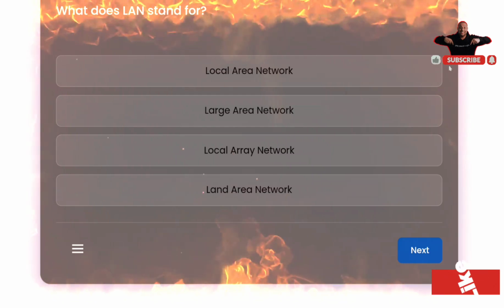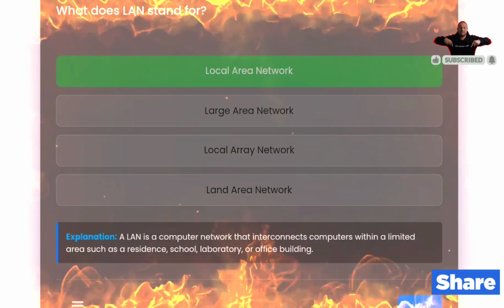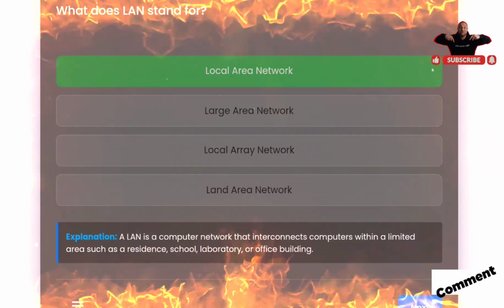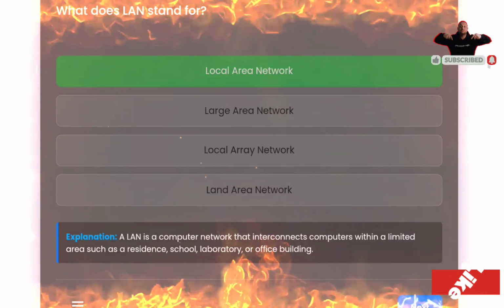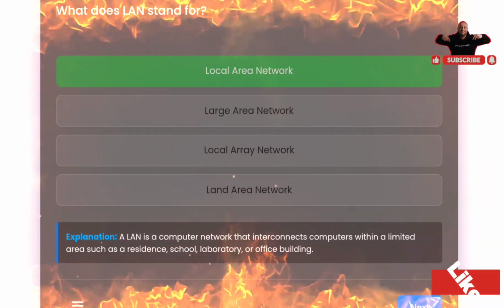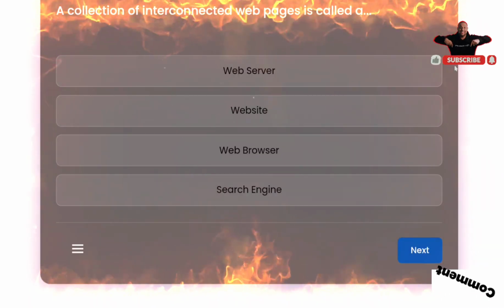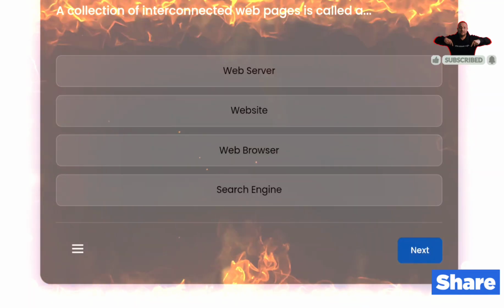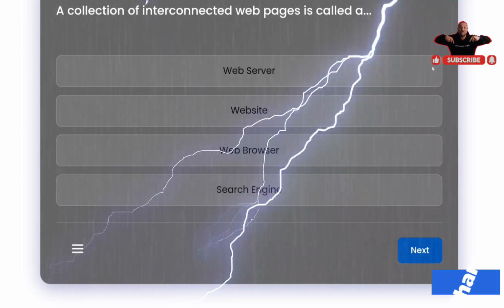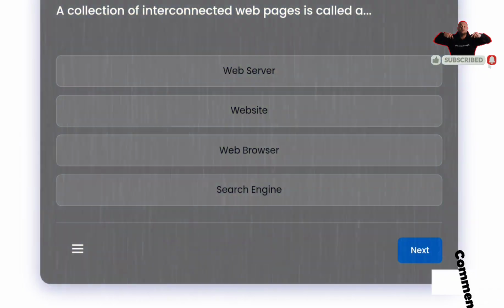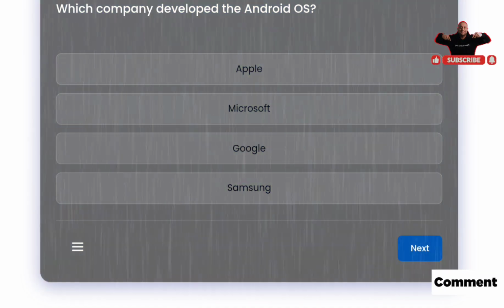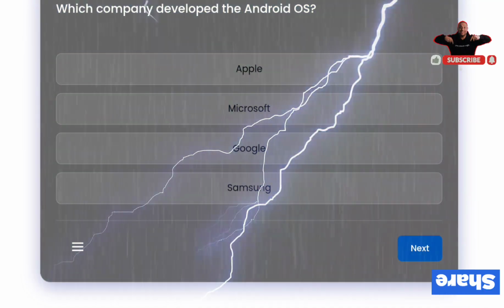नेक्स्ट क्वेश्चन, व्हाट डज मीन्स लैन? लैन का मतलब क्या होता है? लोकल एरिया नेटवर्क। ओके, लोकल एरिया नेटवर्क वो कहाँ पर होता है? रेसिडेंस, स्कूल, लेबोरेटरी और ऑफिस बिल्डिंग, यहाँ पर लोकेट किया जाता है इंटरनेट के लिए। नेक्स्ट क्वेश्चन, ए कलेक्टिव ऑफ इंटरकनेक्टेड वेब पेज इज कॉल्ड, ये क्या होता है? वेबसाइट। ओके,